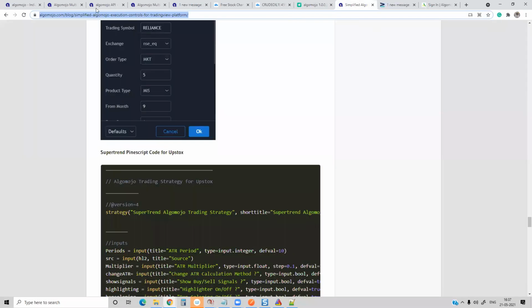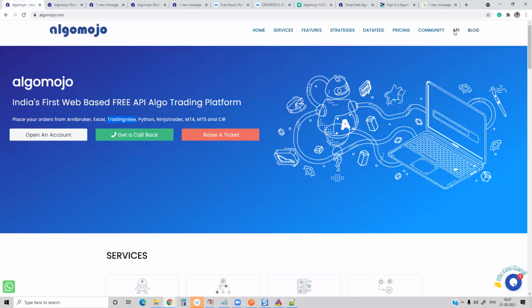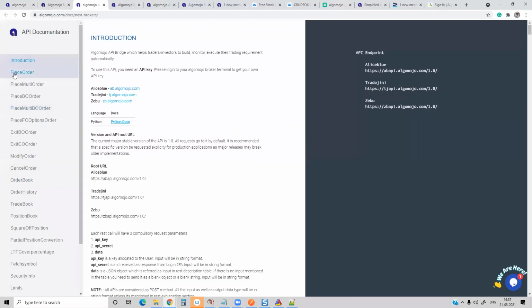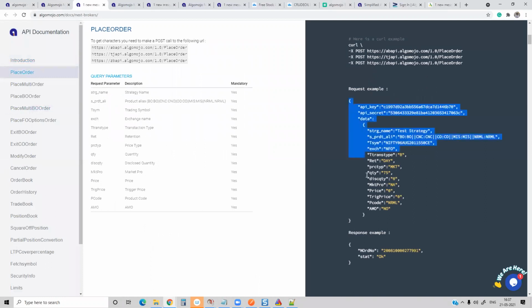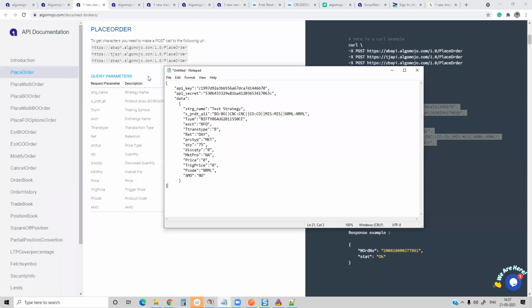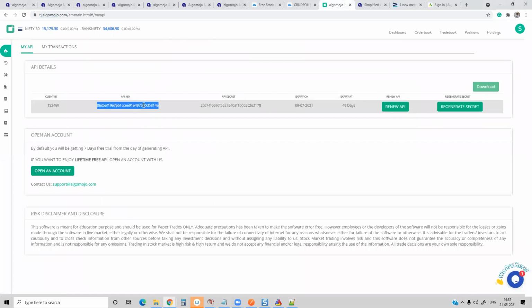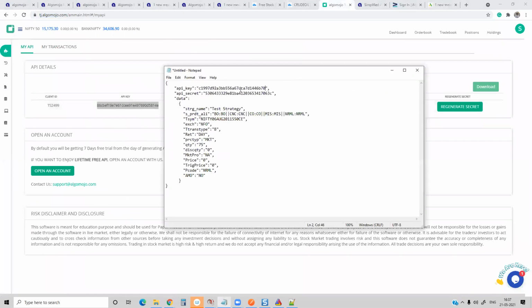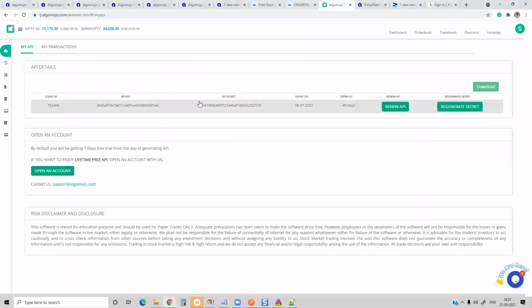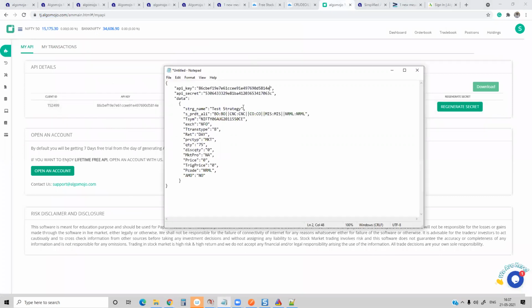I'll go to the API key first of all, then to the API documentation. From the API documentation, I'll go to that particular broker, and from that broker to place order. I have to send the message in this particular format. This has to be configured a bit, so it's going to take a little time, but once you know it is possible, you know how to do it. The API key and API secret key are what one has to set first. There is no ready-made API key or API secret key configuration; you have to do it manually, but this is a one-time setup. So I configured the API key, and the API secret also.